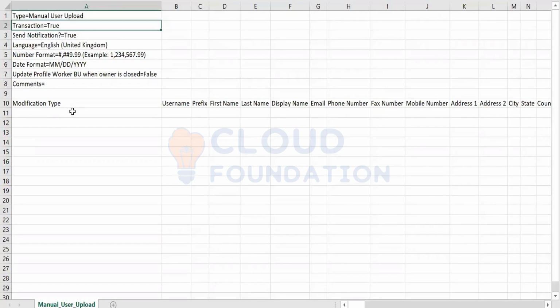Transaction says true. It all has a meaning over here. Send notification says true, which is where the notification will be set up. The language is set there. Number format is set here. It is all by default while implementing things. They will decide and set it up. The date format is set here.